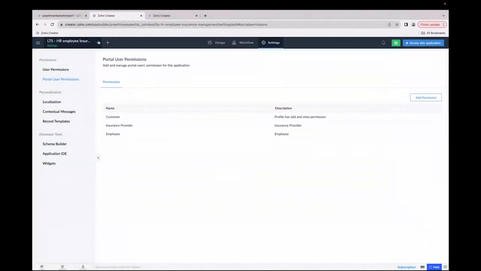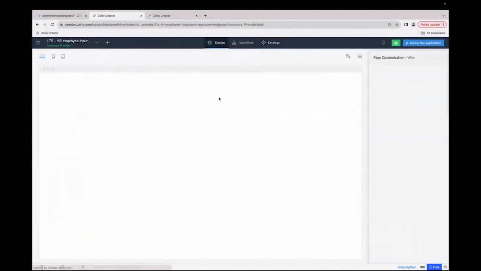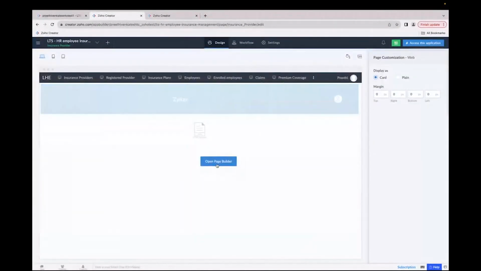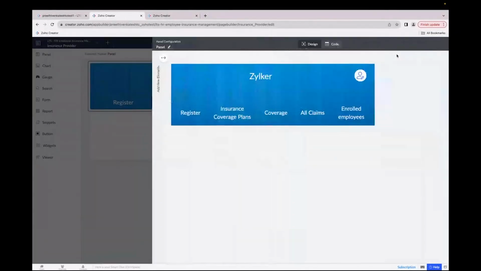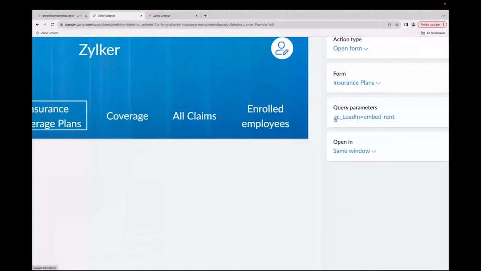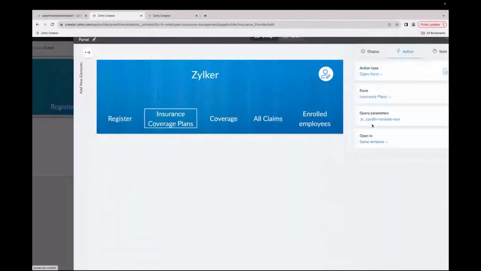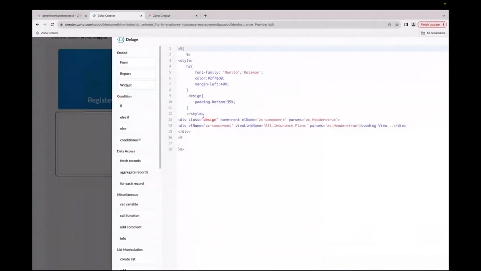So now again, I'm going to the edit mode of my application and I'm going to the insurance provider's dashboard to show you how this ZC load parameter looks. So this is a simple panel. When I configure this panel, I can see the text which is made. Under the action, I have created a query parameter called ZC load with a variable to it. So now in the HTML snippet I have added at the bottom, I have just used this variable which is used in this ZC load parameter,